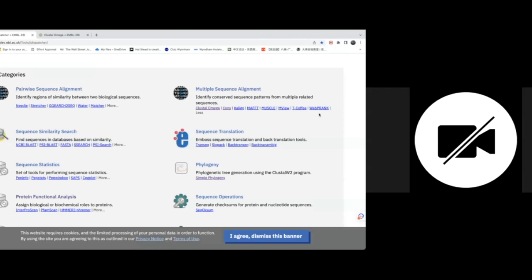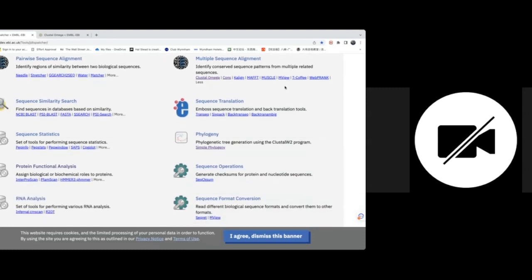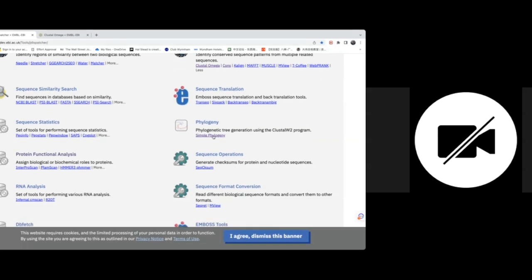If your sequences are very similar to each other, you probably do not need to use them. But in some other cases, you may want to try these tools. And all these tools are web-based. It's very similar to Clustal. You just paste the sequence, click the button. That's how it takes. And here, there's some phylogenetic